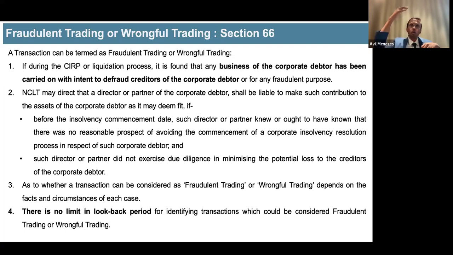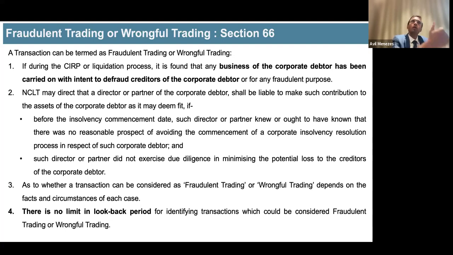You have to say that so many things have happened in this company, and I'm telling you instance 1, 2, 3, 4. But this is a transaction that I'm reporting. For example, a routing of transactions, fictitious sales, fictitious purchases, but they have not made any payments. They have booked fictitious sales, fictitious purchases amongst group companies, but payments have not been made. So there is no intent to defraud creditors because there is no money that I am going to claw back. Yes, what they have done is inflated their books, taken in more loans.